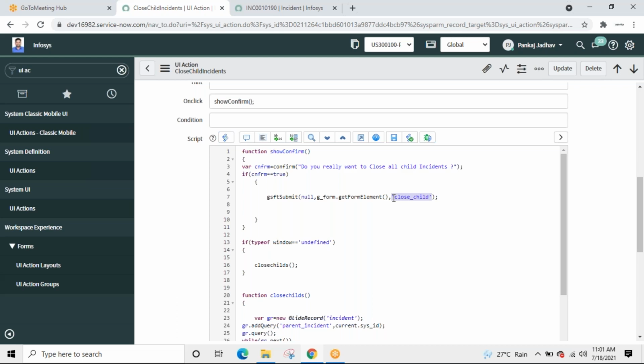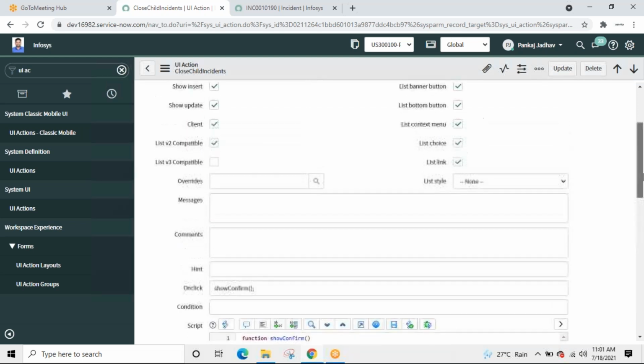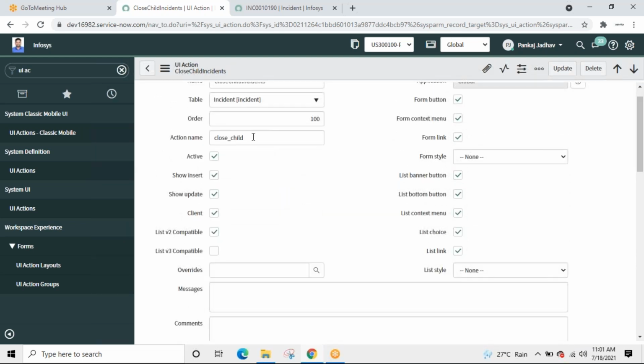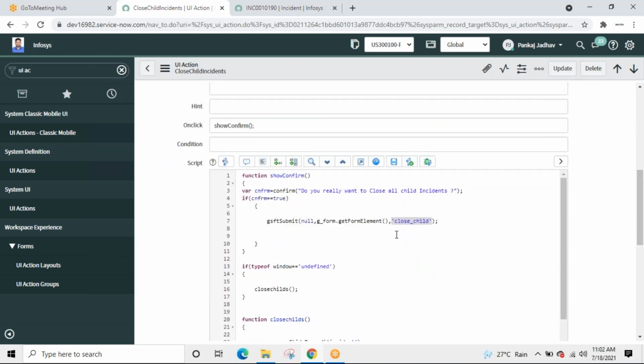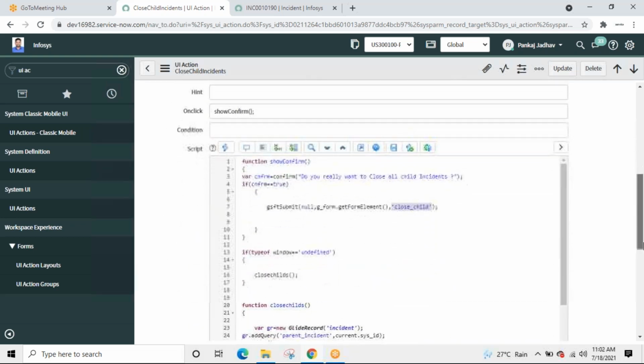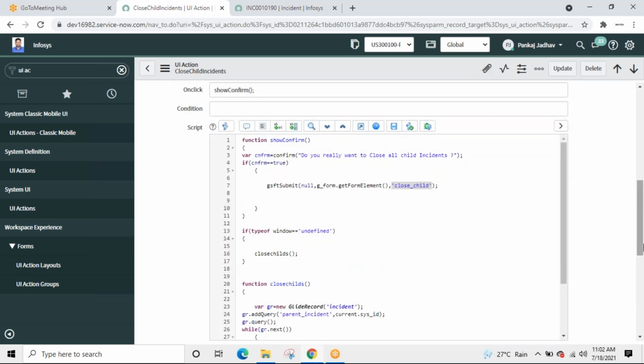But then this name should match the action name. If we have given some action over here, exactly the same action should come over here. In short, they two should match.